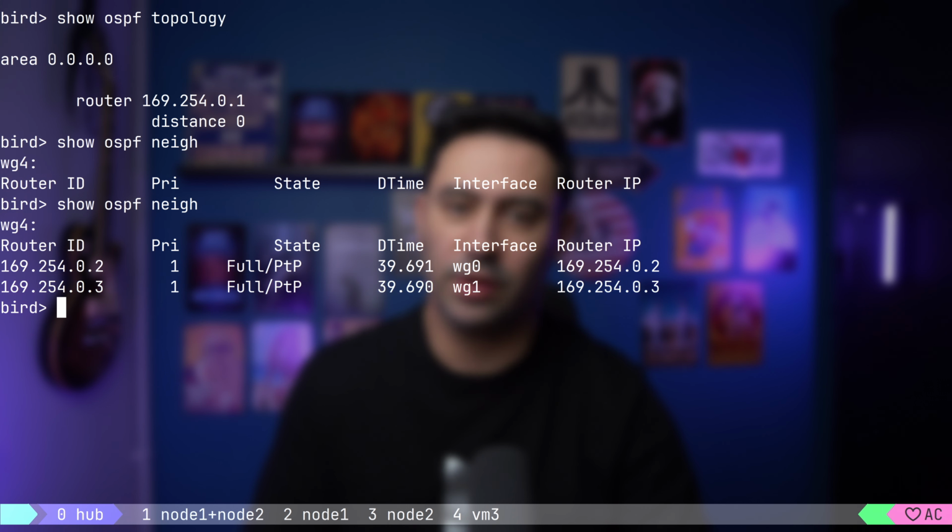interface. Full is a final state that indicates that OSPF adjacency is fully established. Link state databases are in sync and node is ready to route traffic. Dead time is the dead interval, and it is the time a router waits without receiving a hello packet from a neighbor before declaring the neighbor as unreachable or dead. If the router does not receive a hello packet within the dead interval, it assumes that the neighbor is no